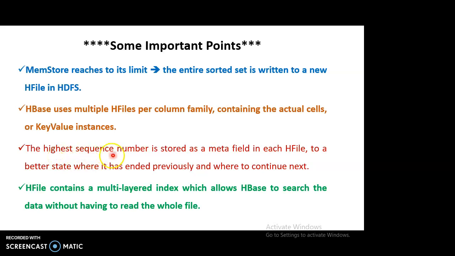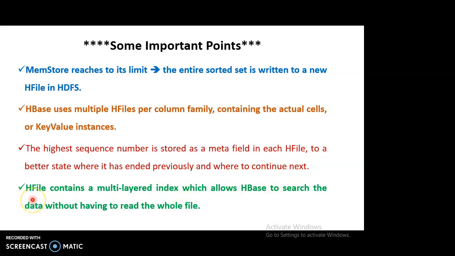The purpose for storing it as a meta field is to know where it has ended previously and where to continue next. So this highest sequence number will indicate where that particular HFile has ended previously and where we have to continue with the next HFile.